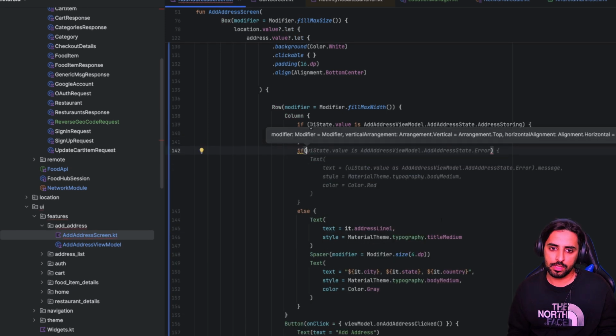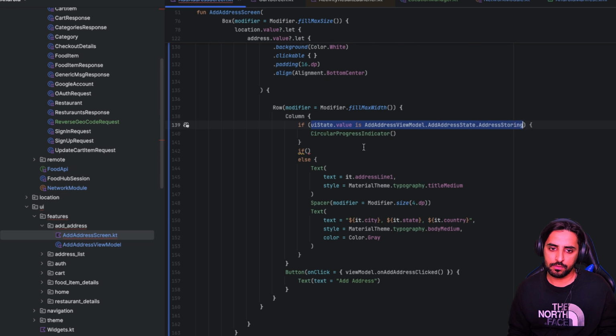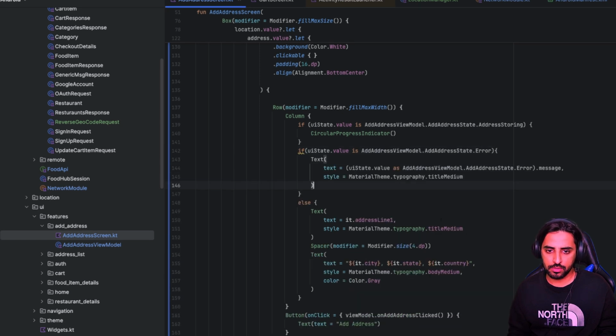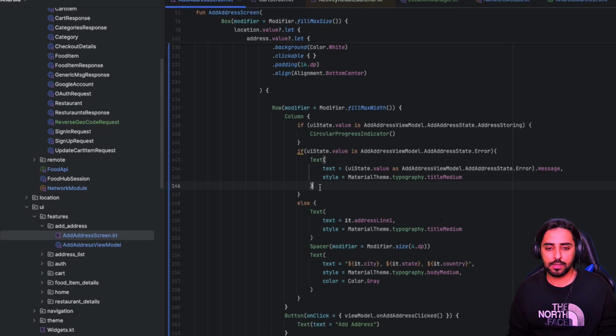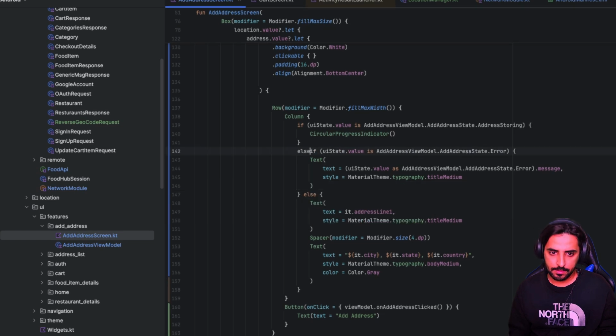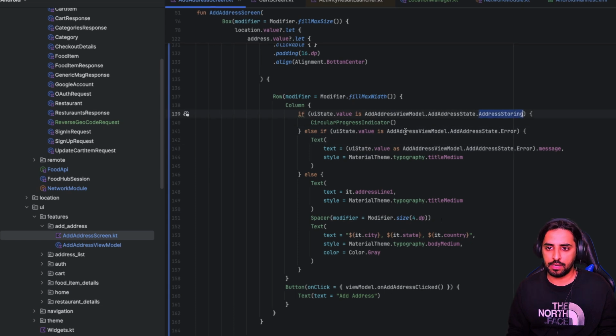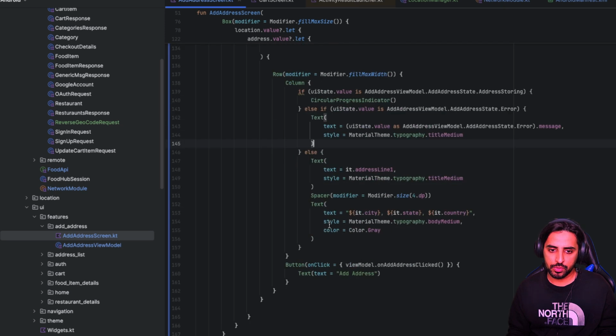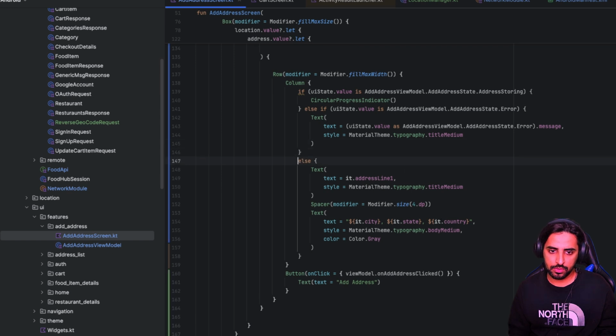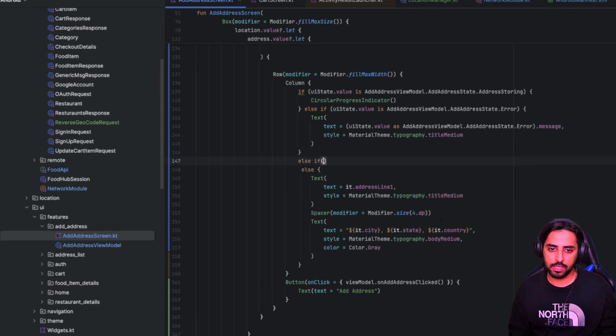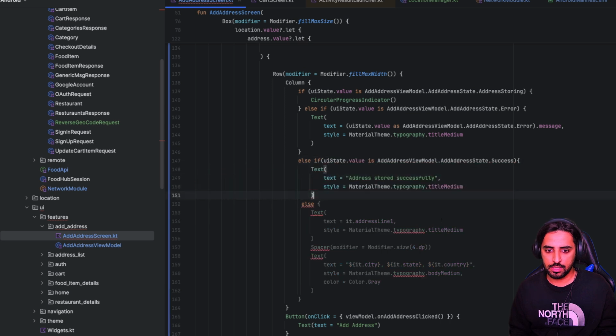We can also add other checks as well. For example, you can use this as well in case there is an error. In case of error, you can show some sort of a text message. So what happens is that if address storing is there, it will show a circular progress indicator. When the address is stored, it will show a success case as well. So let's make one more state, that is success,